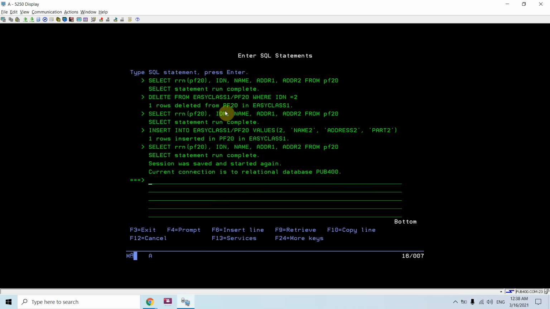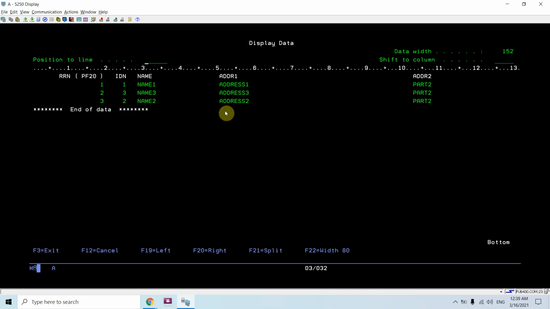Let me check. Now the third record took the second RRN, and the second record took the third RRN. So the RRNs got reorganized, and they are in sequence, because I inserted this row as the last one.